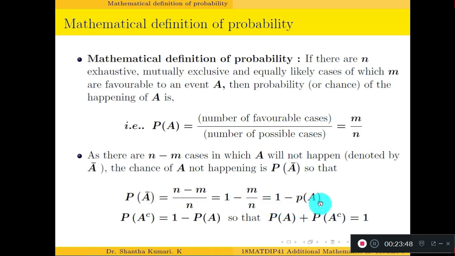You can say that it is 1 minus P of A. So P of A complement is equal to 1 minus P of A. It is a standard result. Or if you shift this P of A to the left side, you get P of A plus P of A complement is equal to 1. Remember, we use either A with the prefix C or we will use A bar. So both notations are used for complement of an event. When you work out the problems, you can easily understand these definitions. Okay, so let us work out some problems now. Simple problems. We will first start with only simple problems.